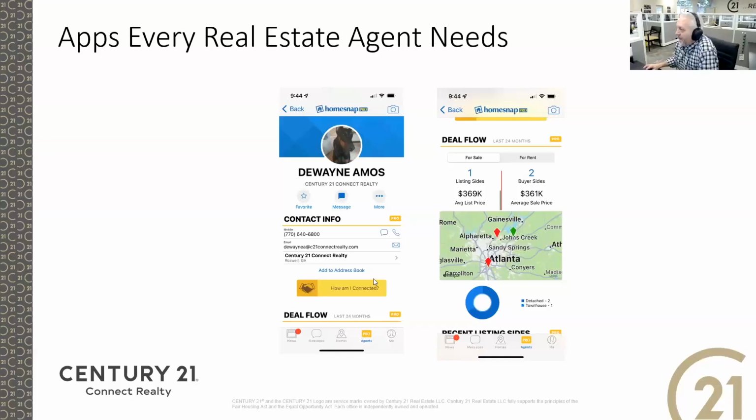So I'm going to tell you folks, one of my tips and tricks, one of the things that I do every time I'm having a new interaction with a potential cooperative agent, I look them up, I pull up this screen, and then I look at their deal flow, and I also am able to use this little button. Everybody looking at the PowerPoint again, the add to address book. You click that on your phone, and it immediately opens up the contacts on your phone, and you can save that into your phone.